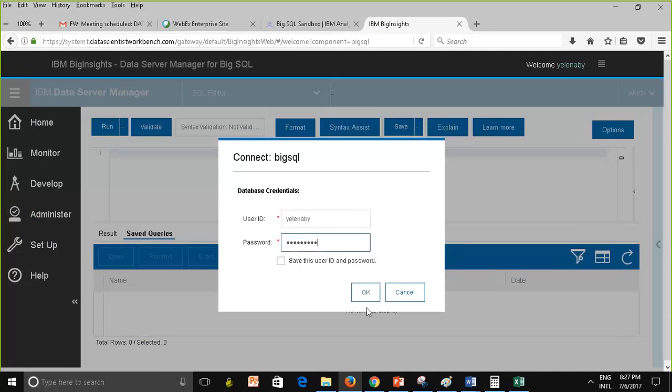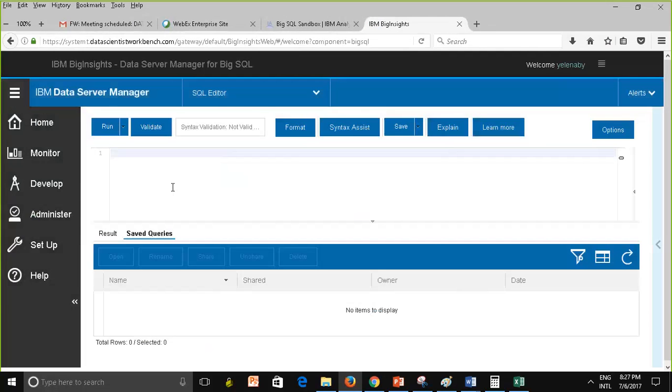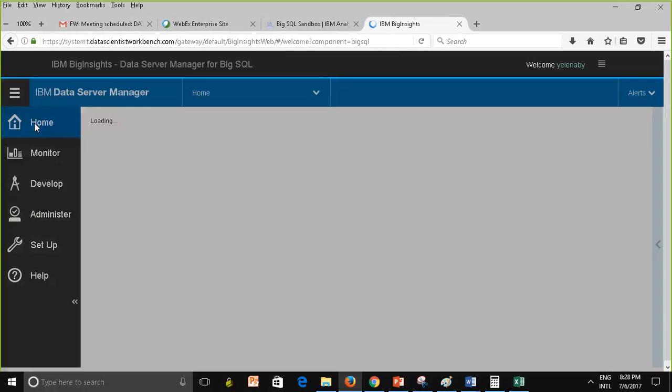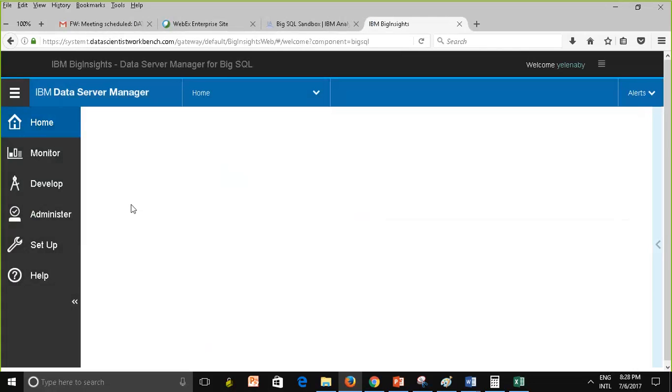And I'm gonna do the OK. So now I'm connected to the database. So this is your SQL editor. This is where you're gonna type the queries, right? And I mentioned earlier that you could check what tables you already have. So look, you need to go to the home, right? If you go on home,